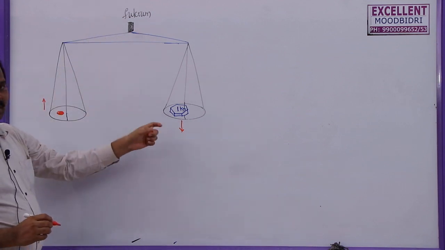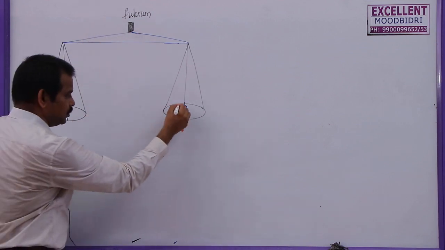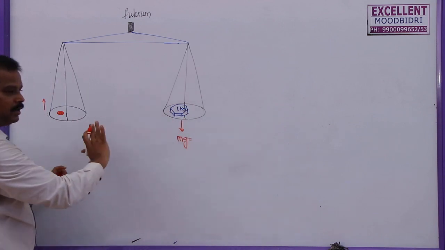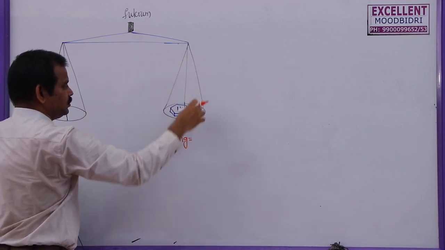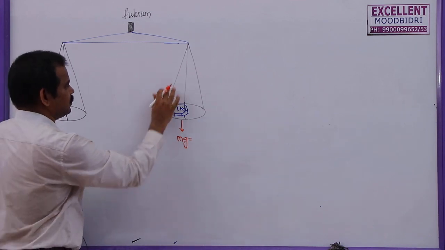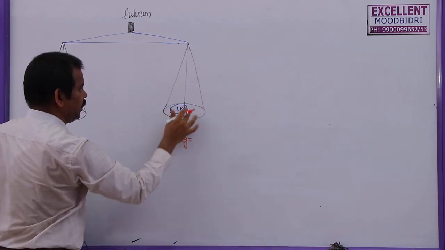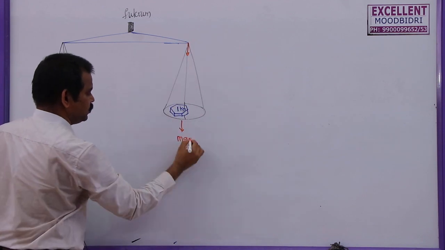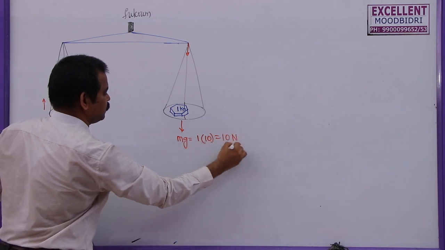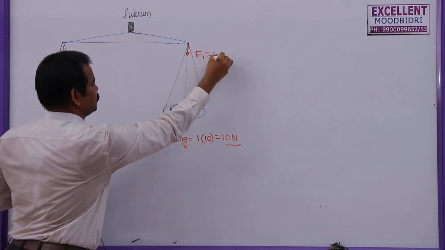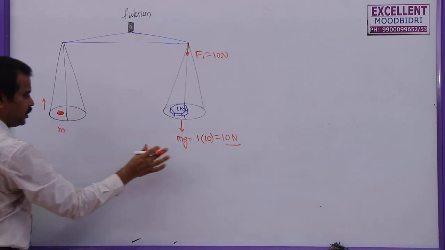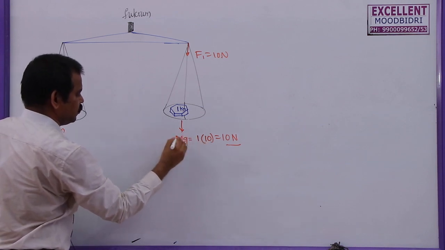So I need to hold it. See here, what are the total forces acting? This 1 kg is acting downwards, so mg will be, here I am not considering the weight of the strings and the plates. Actually they are not weightless bodies, but when compared to 1 kg, they are very small. So the total weight hanging from this end is 1 kg only. So mass is 1, g let me take as 10. So a 10 Newton force is acting downwards. The force acting here is 10 Newtons. But if I keep a tomato here, let the mass of this one be capital M, because the weight is more, the mass is more.